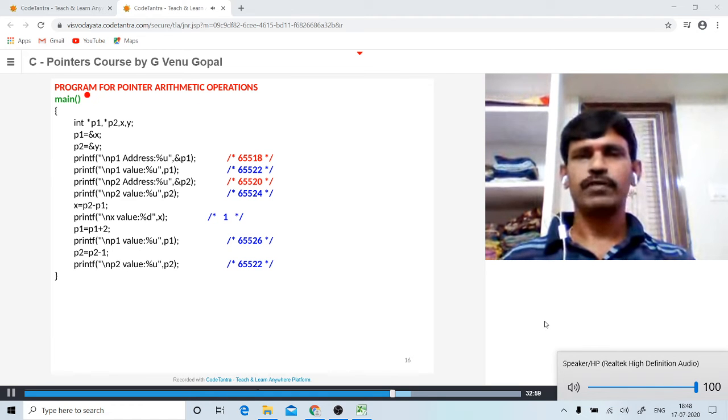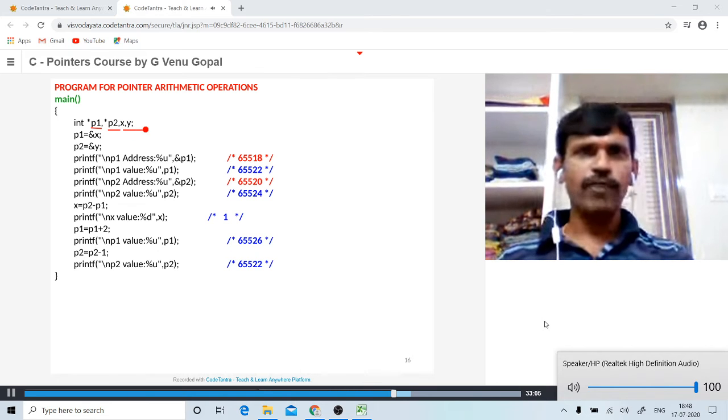This is a program for pointer arithmetic operations. P1 is a pointer variable. P2 is also a pointer variable. x, y are the two normal variables we have. P1 and P2 are stored with the addresses of x and y respectively.